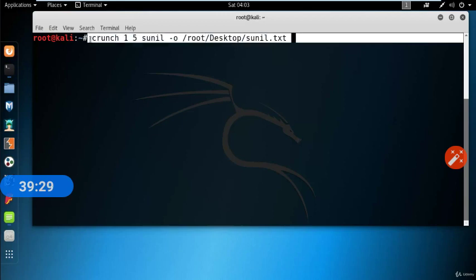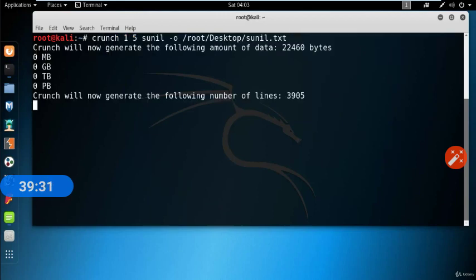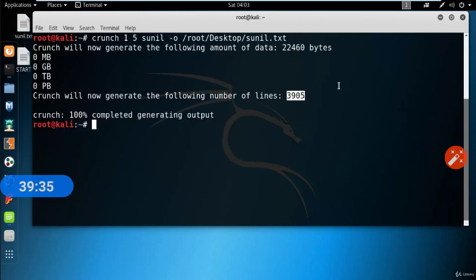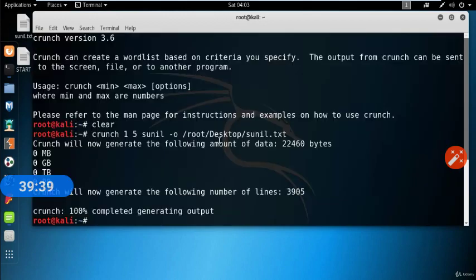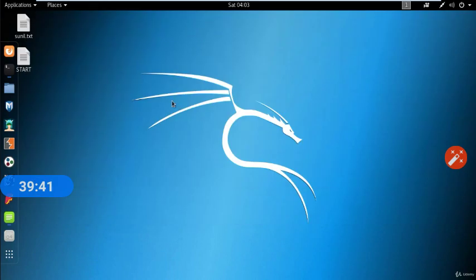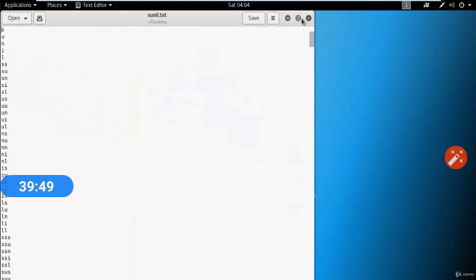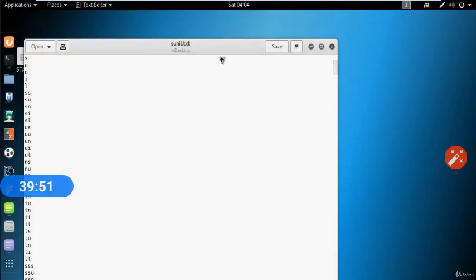So let me show you. Hit enter, and it is creating 3905, and the command has been completed. It has been executed. Let me minimize that. You can see here on the screen that there is a file which has been created by the crunch command. And if I open this file, then you can see on the screen, let me show you one thing. Yeah, here you can see